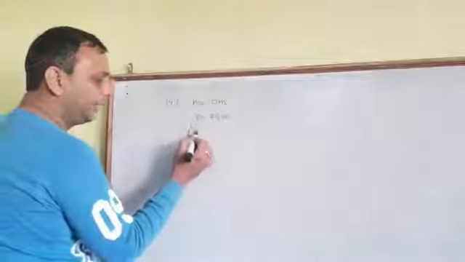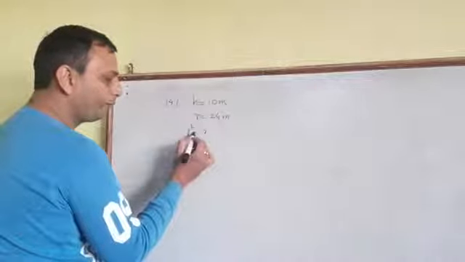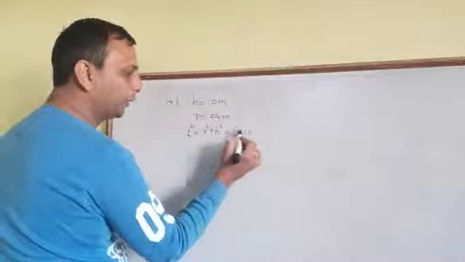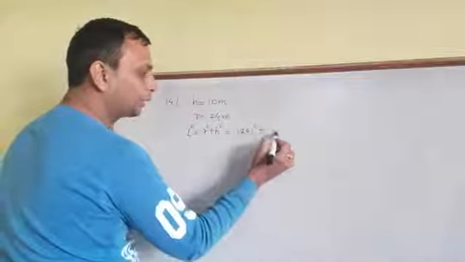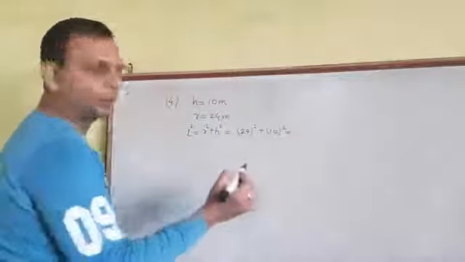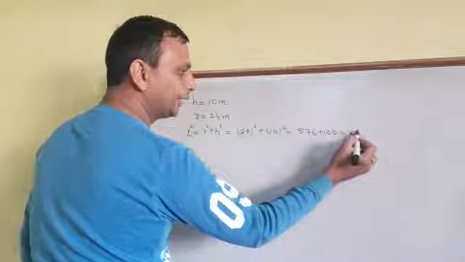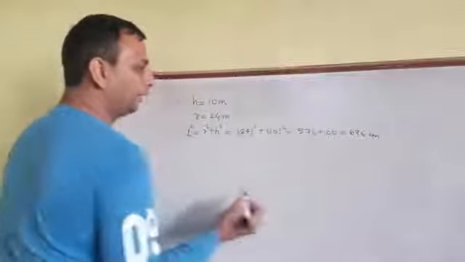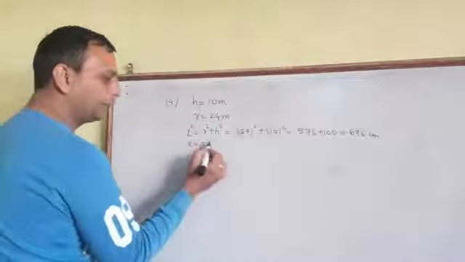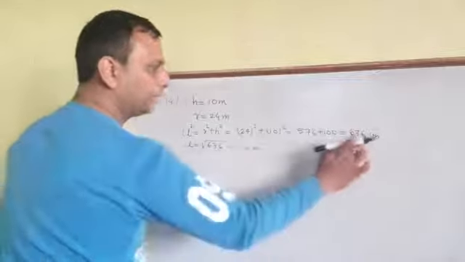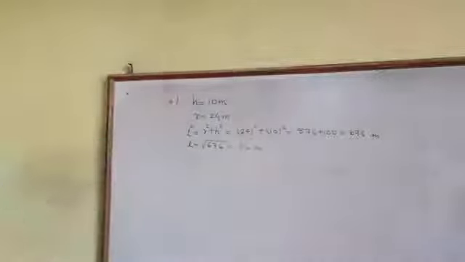So the slant height formula I told, what is it? L square is equal to R square plus H square. So R square is how much? 24 square and 10 square. 24 square is 576, 10 square is 100, so 676 is the answer. L will be the square root of 676. 26 meter is the answer. I got the slant height as 26 meter. Both are in meter, so the answer will be in meter.